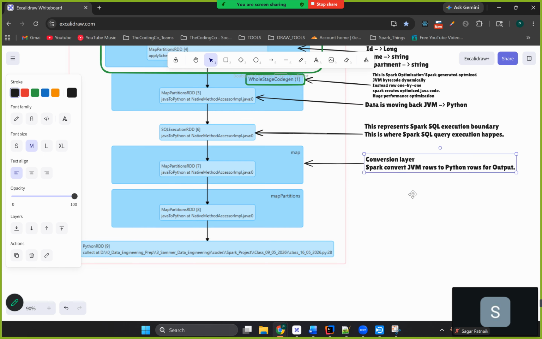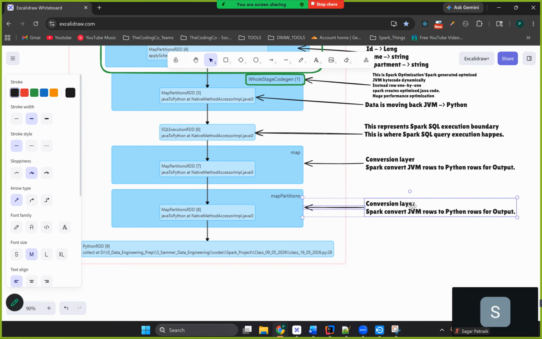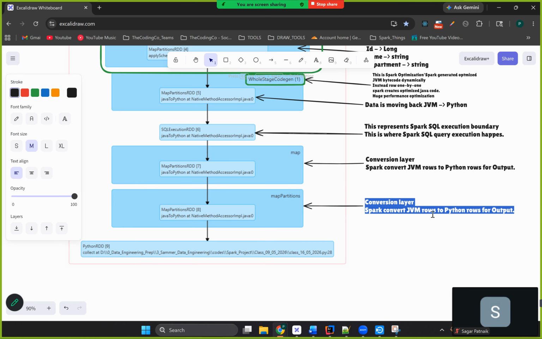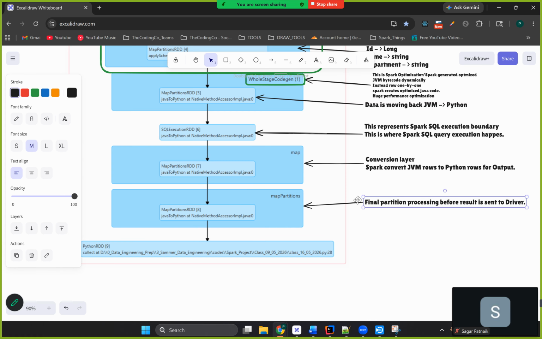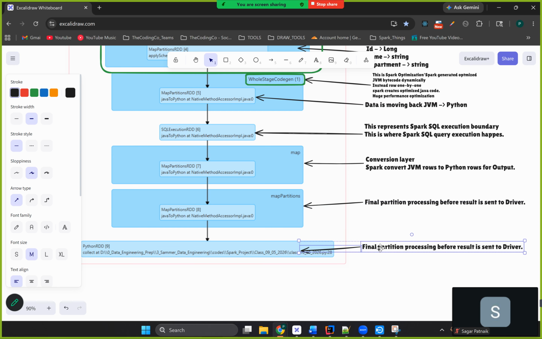Then the final step is, sorry, not final. Then next step, map partition RDD, and this is the final partition processing before the result is sent to the driver. After all the processing, it will collect the result and it's sent to the driver. This is the final. Then in the next step,